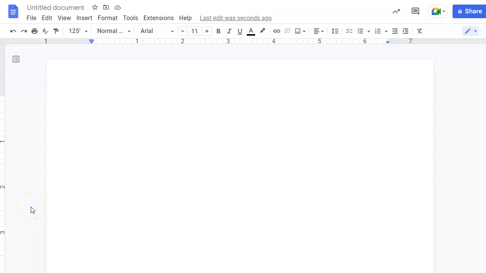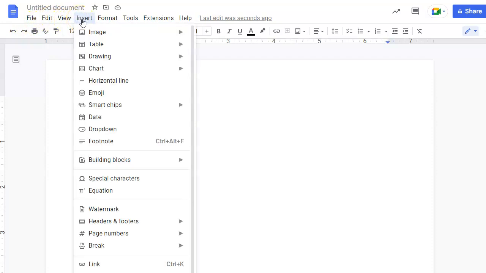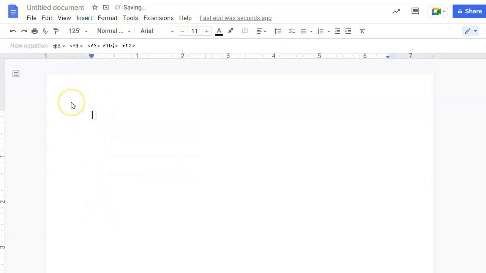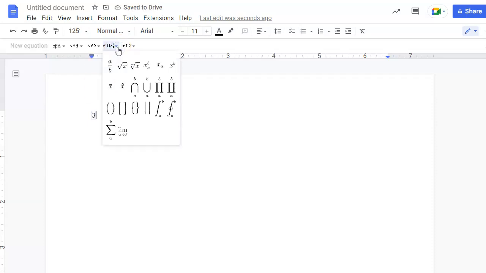If you are using Google Docs to work on your homework, I'd like you to use the equation editor. Come here to Insert, and then go down to Equation. When you have something like a 3x squared, type in the 3,